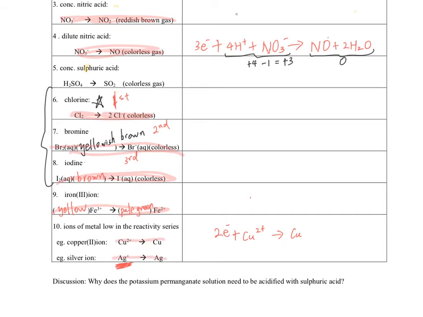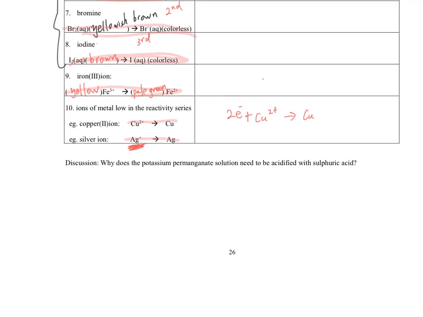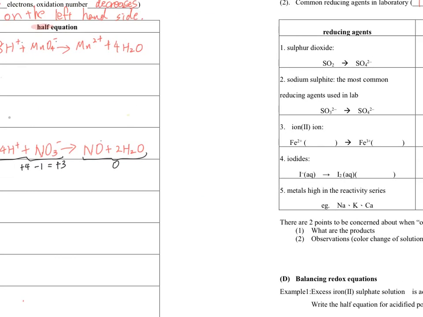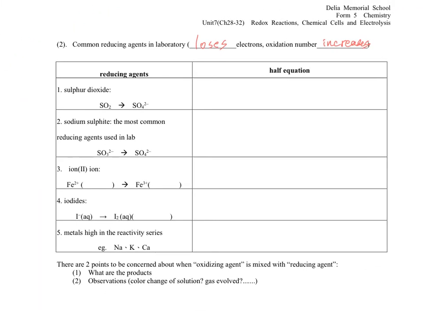And then for reducing agent, you should be able to do it by yourself also. And then I will do one for you as example. Okay, this time I will do the second one or the first one. Okay, as sulfur dioxide is also a famous reducing agent, because for red wine, if the wine is placed in